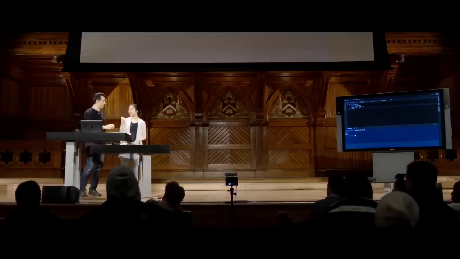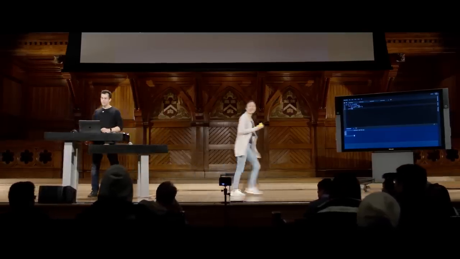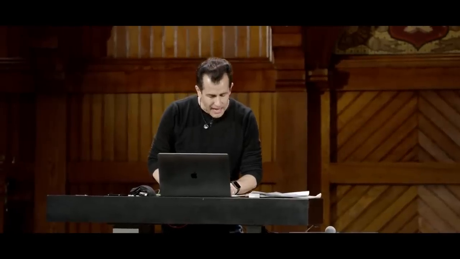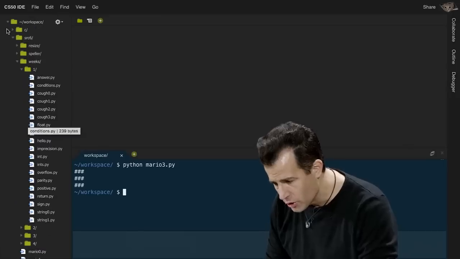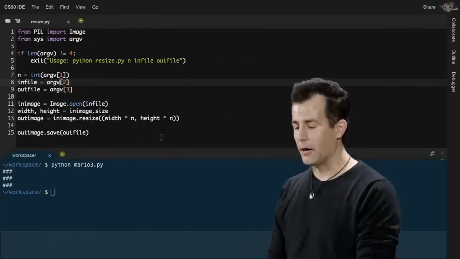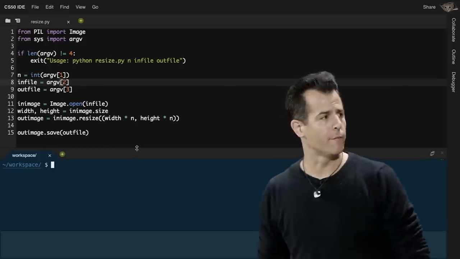So let's end, if you'd like one more. So let's take a look at one final example, coming full circle from where we began. We, of course, looked at resize. And let's open that up just to see how I got away with writing so little code and actually getting that job done. So in resize.py, which is where we began, notice that I had a few lines that hopefully look a little more familiar now,